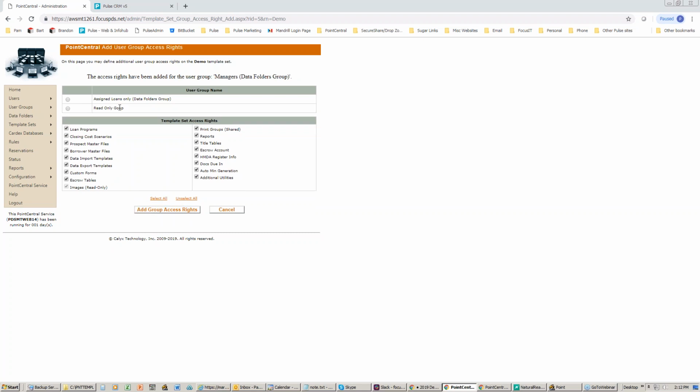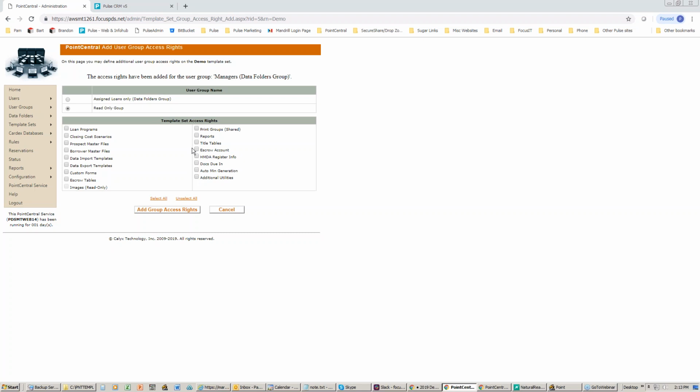But now I have a group out there called read-only group. On the read-only group, I wouldn't want them to be able to have access to change anything. I'm only letting them read the files to begin with. So of course, I would, at the minimum, allow them access to the templates, but I wouldn't allow them access to go in and make any changes. But if they're in a read-only group where they're only allowed to read a file and they're not allowed to make changes to it, to be very honest, they don't even need access to the templates because